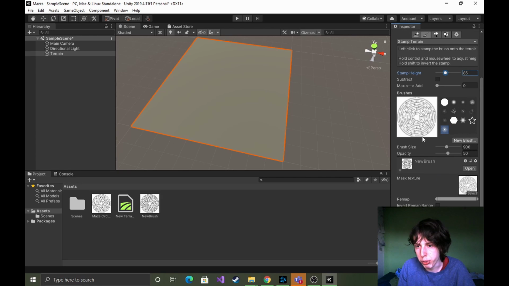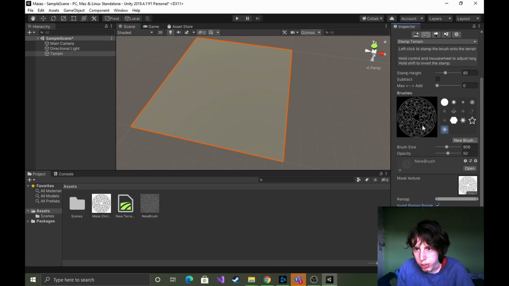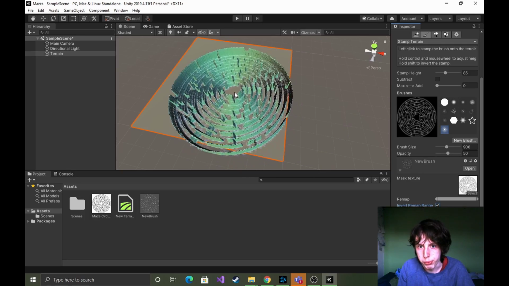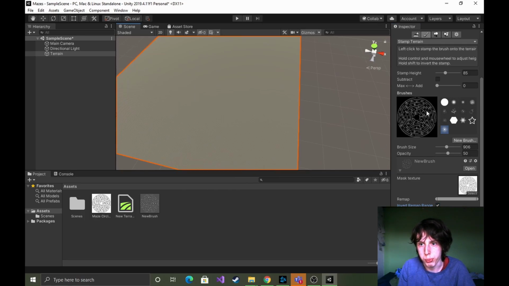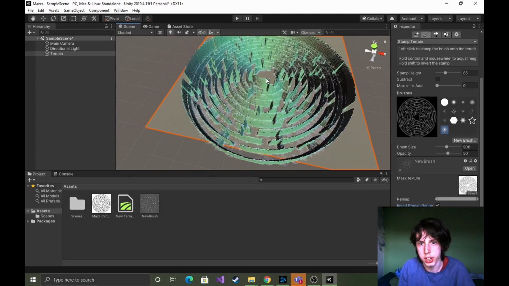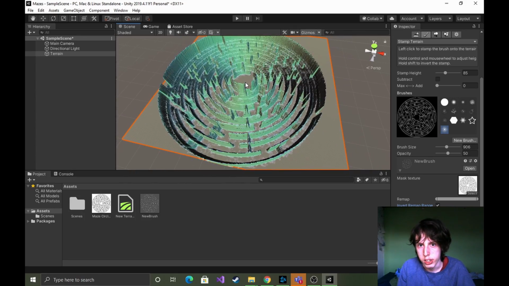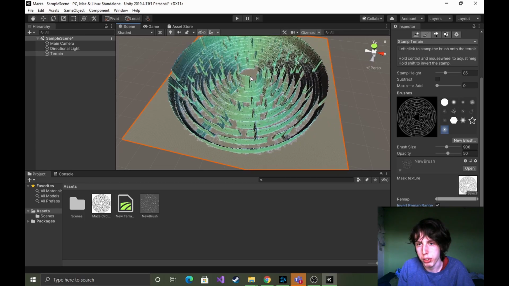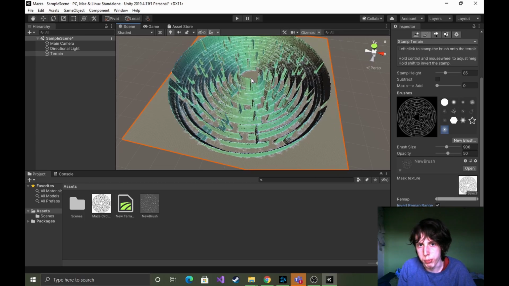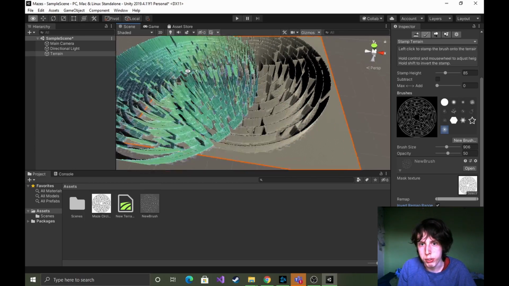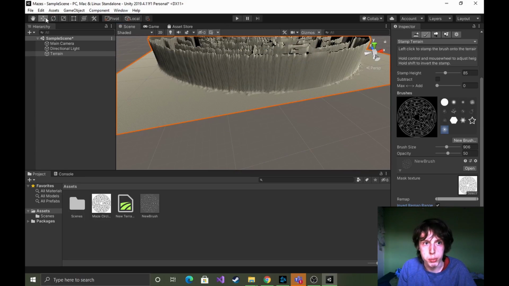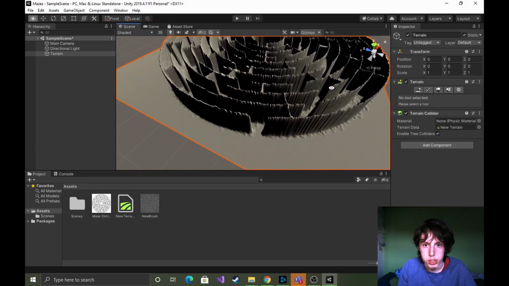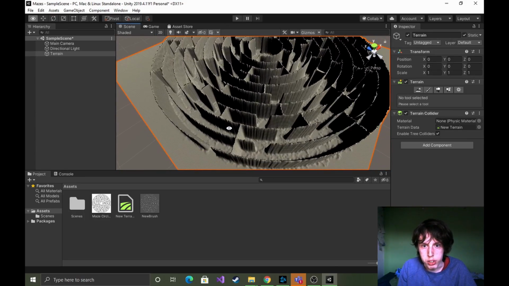So make sure it's black and white, and here's where you do invert. In a Unity tutorial that I was looking at, they explain that the white pixels in the image are what raise the terrain, so it's important to invert. Now if we left click, you can see we have our completed maze. Here's the entrance. It doesn't look the best, but